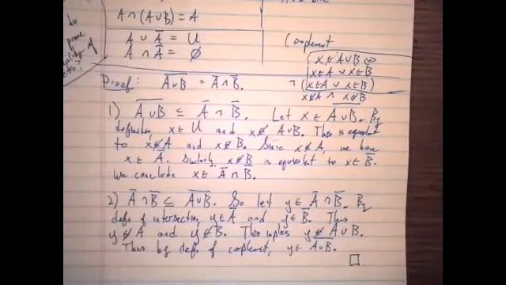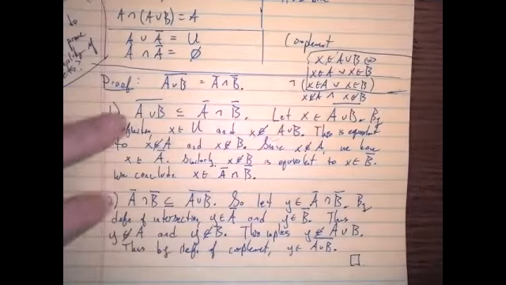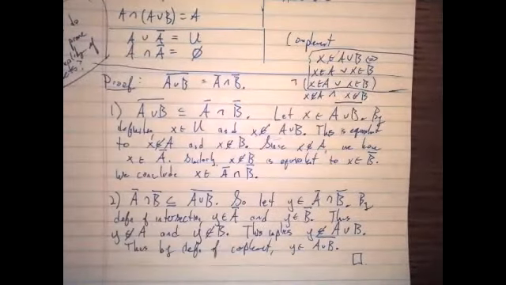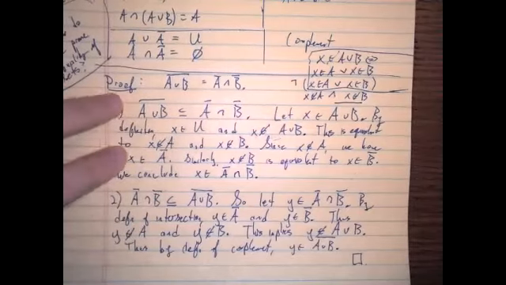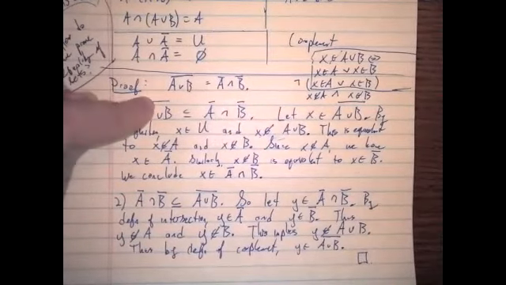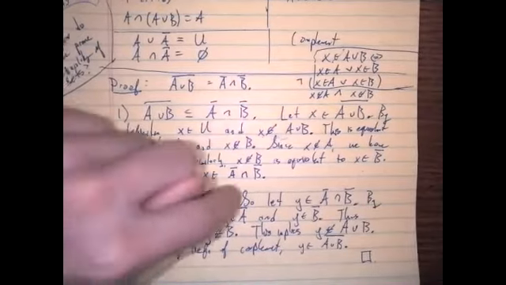Is there a particular reason why you decided to use two different variables? For me, I use two different variables just to underline that you should not conflate this x with this y. But since these are technically two different parts of the proof, it's fine if you use x in both. You just have to remember that you're not talking about the same x objectively, right? Here, I have proven that x is in here implies x is in here for an arbitrary element over here. Here, I just need to say, pick an arbitrary element over here, show it's also in here.